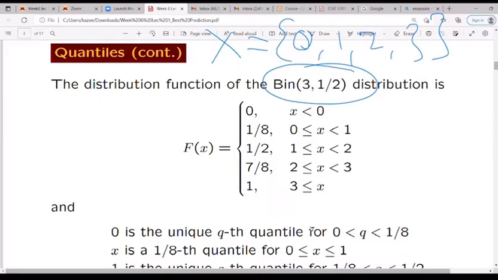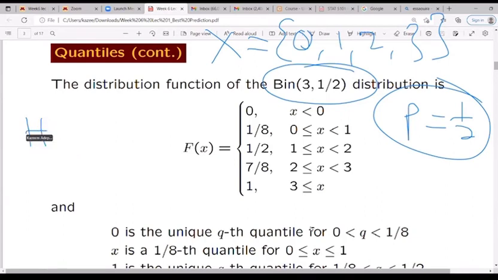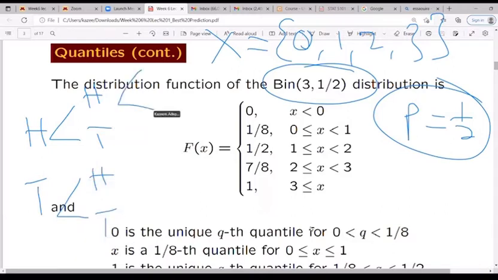And you are tossing a coin 3 times, because an example of this is a coin, where p equals 1/2. You have two sides in a coin, and the probability of any side showing up is going to be 1/2. So when you toss a coin 3 times, you remember I walked you through the tree diagram the other time, to figure out what the sample space is going to be.